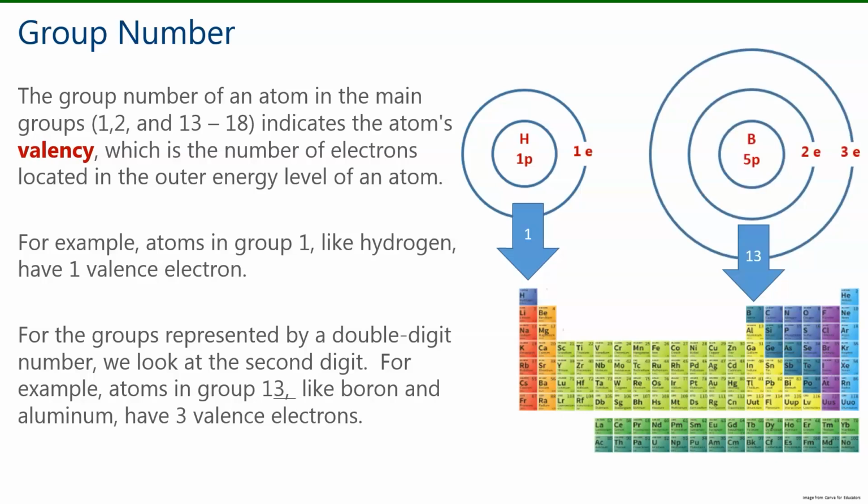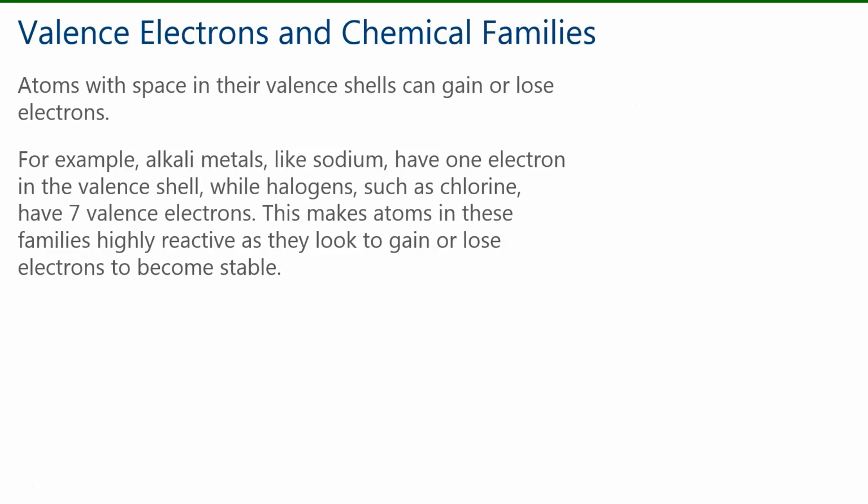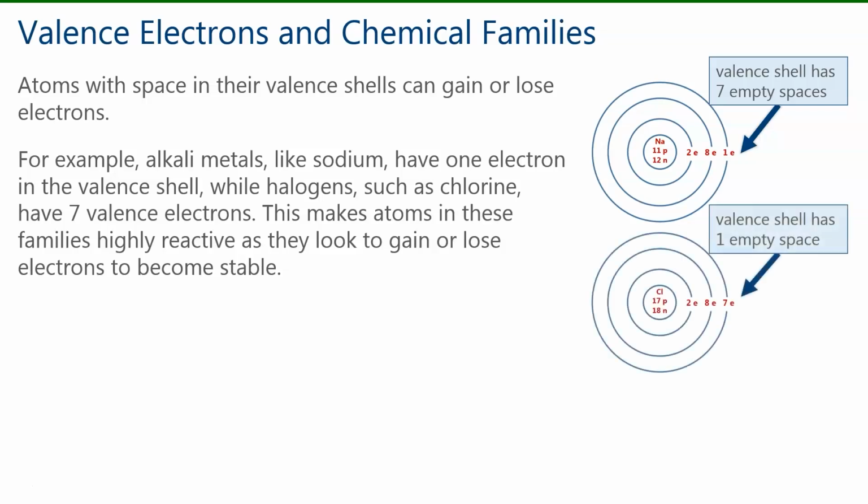We can see in the Bohr-Rutherford diagram here, boron has 3 electrons in its outermost energy level or shell, so it has 3 valence electrons. Atoms with space in their valence shells can gain or lose electrons. For example, alkali metals like sodium have 1 electron in their valence shell, while halogens, such as chlorine, have 7 valence electrons. This makes atoms in these families highly reactive as they look to gain or lose electrons to become